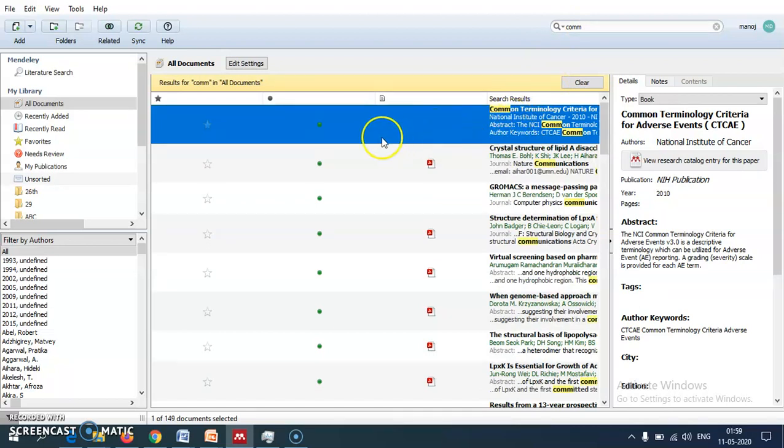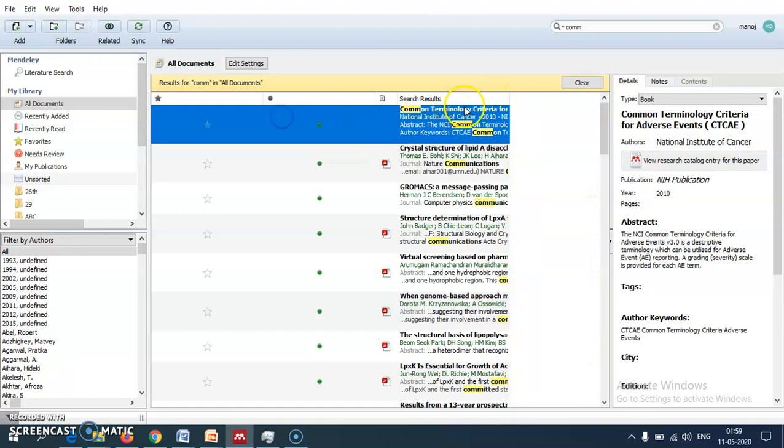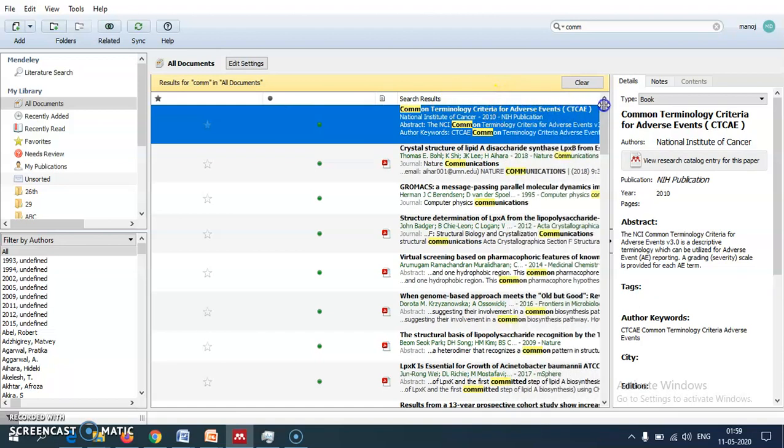This has already been added to my library, the Common Terminology Criteria for Adverse Events. Likewise you can add an article. So this is how we can add an article using the literature search engine of Mendeley.